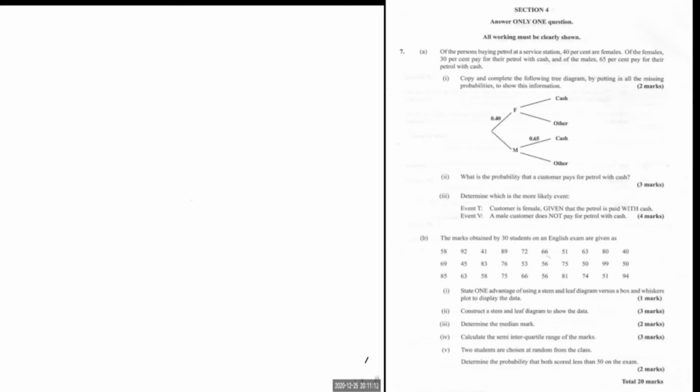Of the persons buying petrol, it says that 40% are females, and of the females, 30% pay for their petrol with cash, and of the males, 65% pay for their petrol with cash. Copy and complete the following tree diagram. So as you can see from this